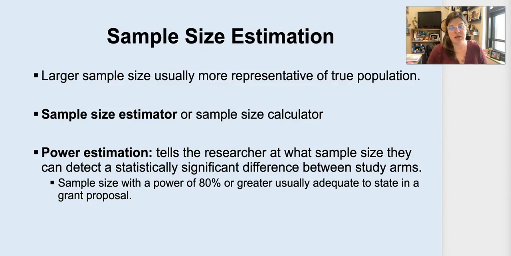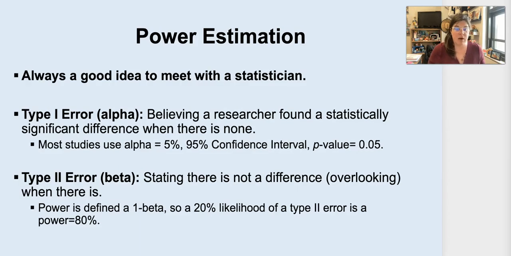A larger sample size is going to generally be more representative of the true population. So we can use a sample size estimator to find what we need, and then power estimation. And when we have a power of 80% or greater, then we have an adequate amount, especially for grants. With power estimation,